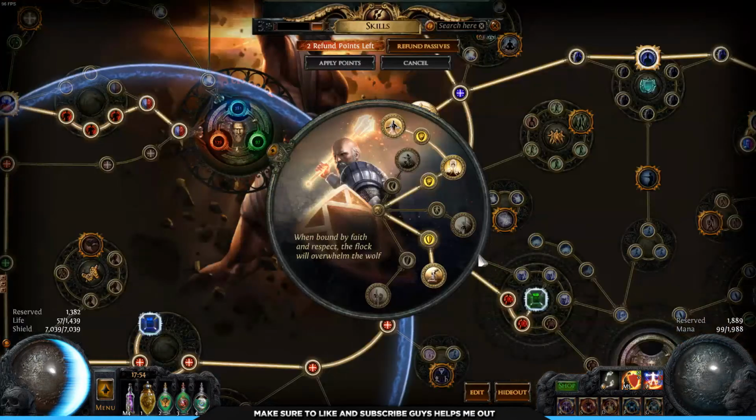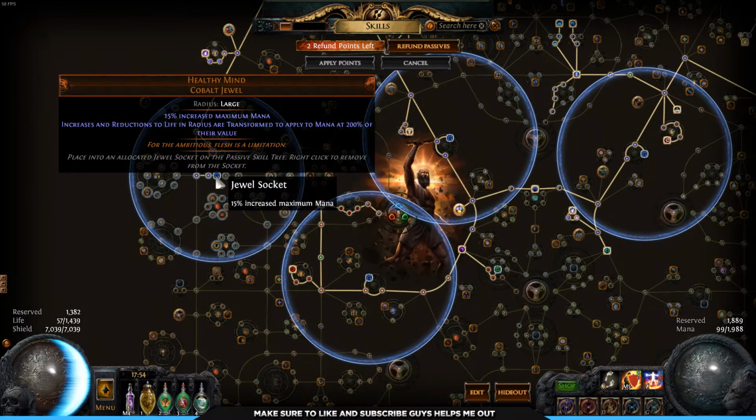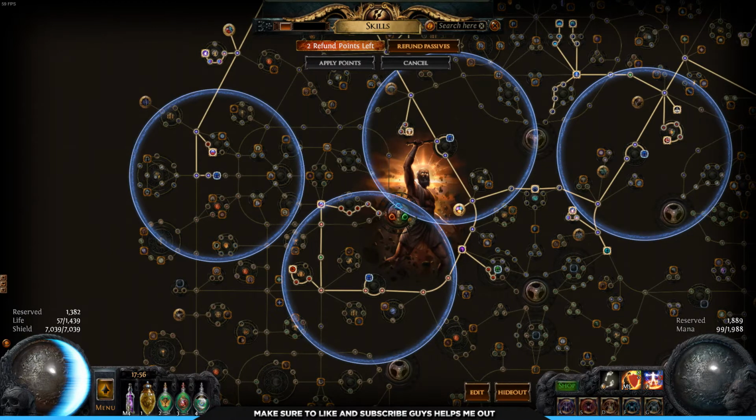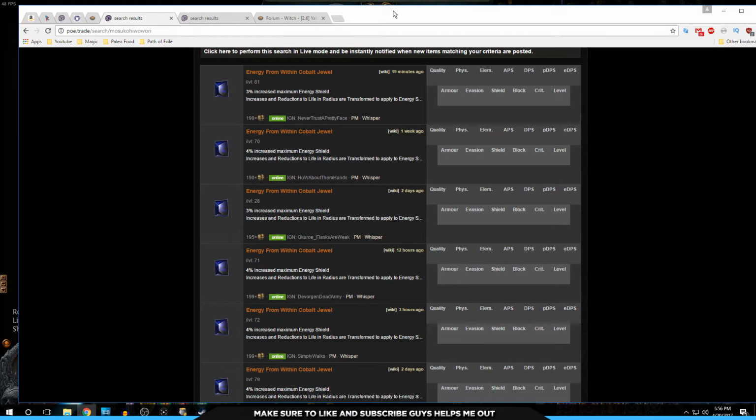Then also, going into the skill tree, you will want to pick up some Healthy Mind Cobalt Jewels. These are the budget version of the high-end jewels, which I'm forgetting the name of right now. Okay, so I finally remembered what it was. The other gem is the Energy from Within Cobalt Jewels, which, if I pull this over real quick, you can see that these are running for anywhere from